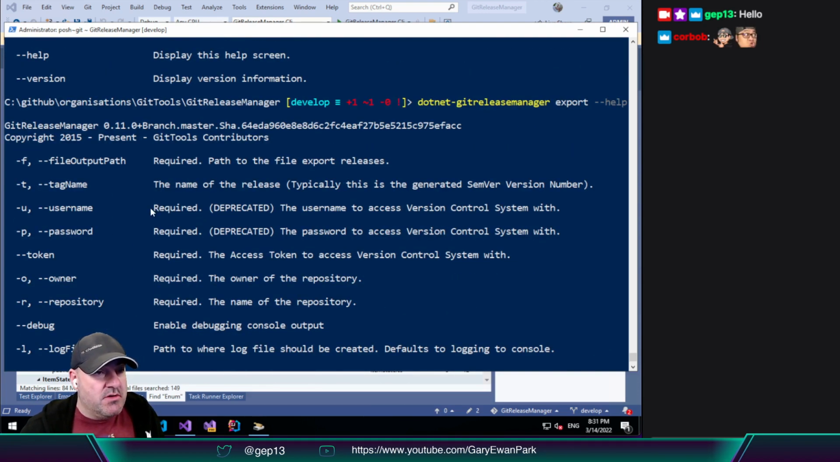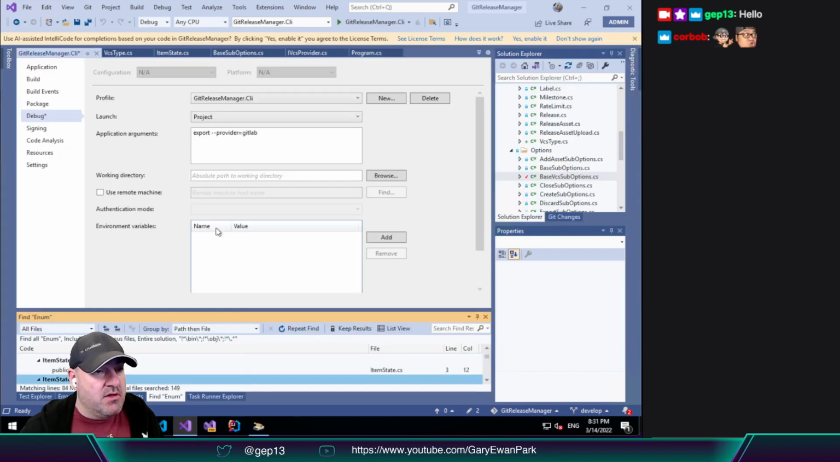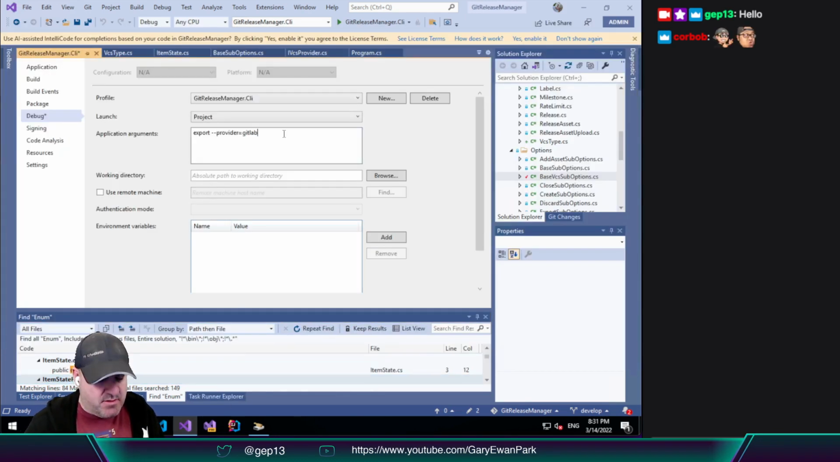So this is required. These need to be removed at some point, or I might have already. I've got an older version of GitReleaseManager installed. So we need an output path. We need a token, an owner, a repository. So let's go and flood this up a little bit. So we'll do